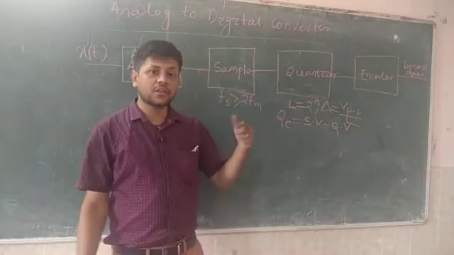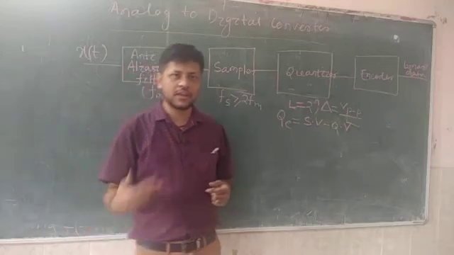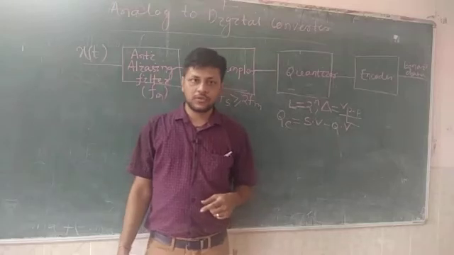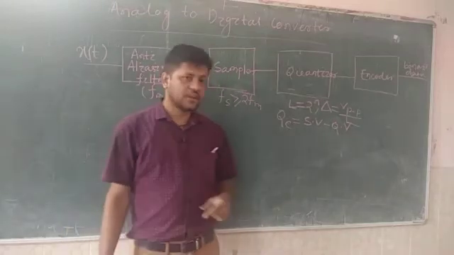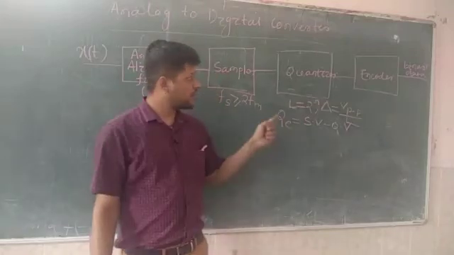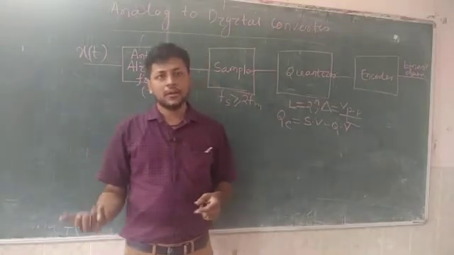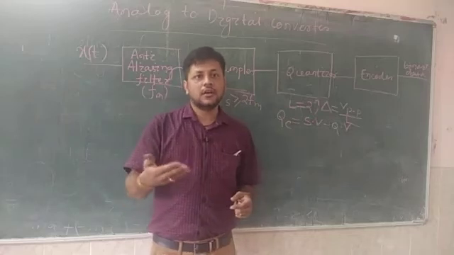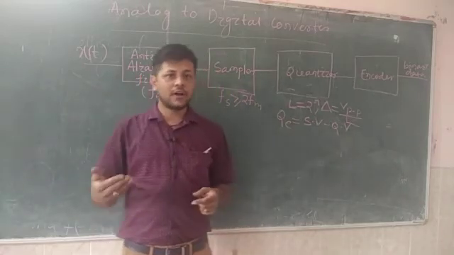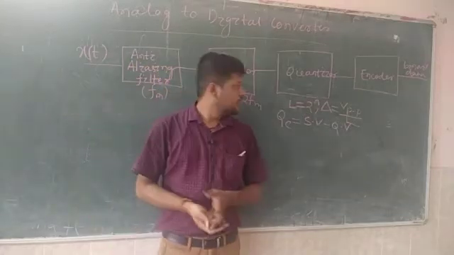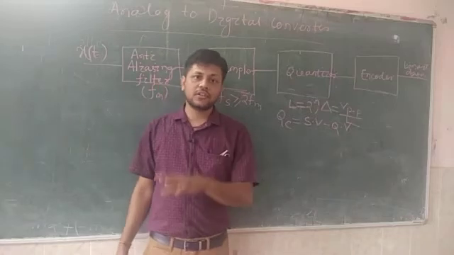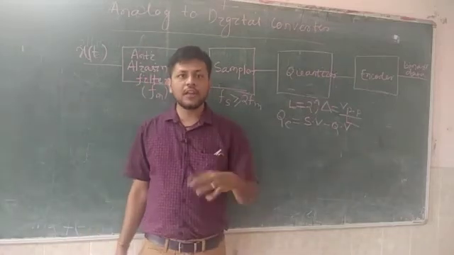How do we decrease the quantization error? One way is to increase the number of encoding bits. Increasing the number of encoding bits leads to an increase in the quantization voltage levels, and when the quantization voltage level increases, the quantization error decreases. I explained in your Google Meet class, with n equal to 2 bits and 3 bits, how the table is formed: sample voltage, quantization voltage, quantization error, that is sample voltage minus quantization voltage, and finally how we encode it.